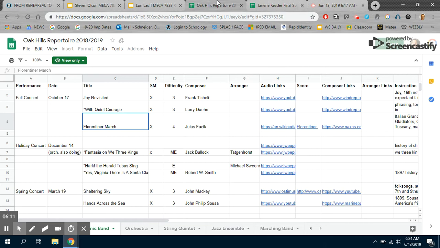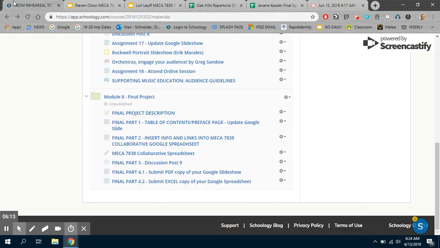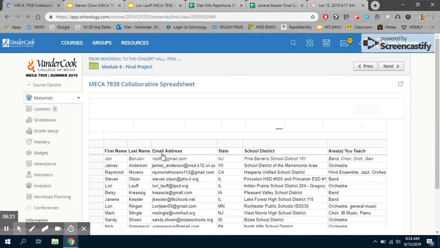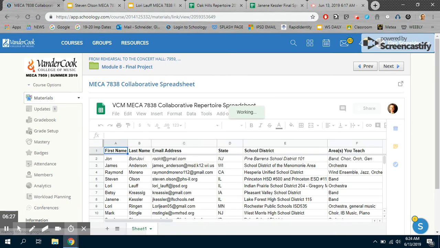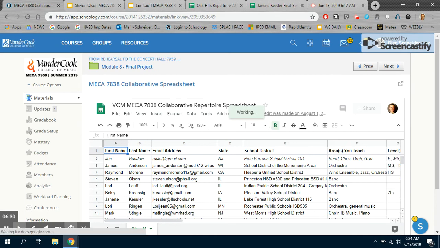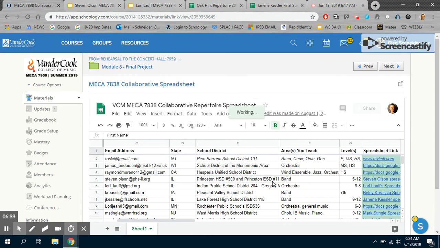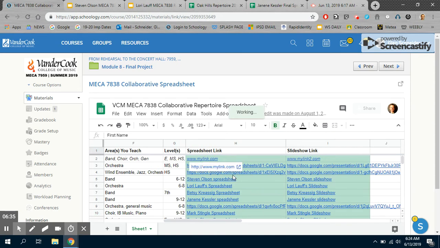You'll all share these with each other. One of the things that we also did that I think was really cool was we created a collaborative spreadsheet for the entire class. And this spreadsheet is everyone's information, and everybody provided a link to their spreadsheet and their slideshow. So at the end of the class and throughout, any of you could go in and click on everyone's spreadsheet to see repertoire planning ideas and all the rehearsal slides and